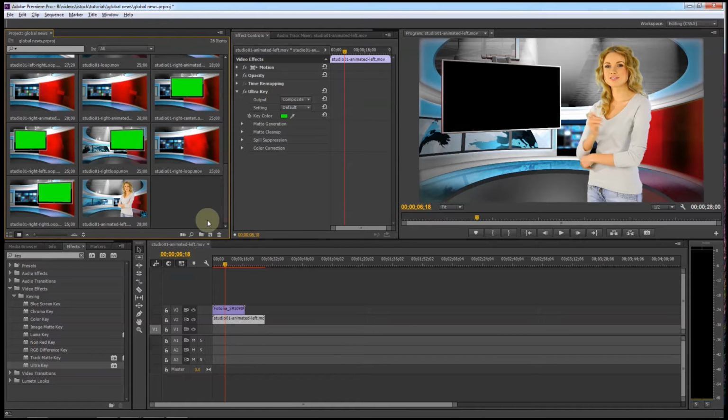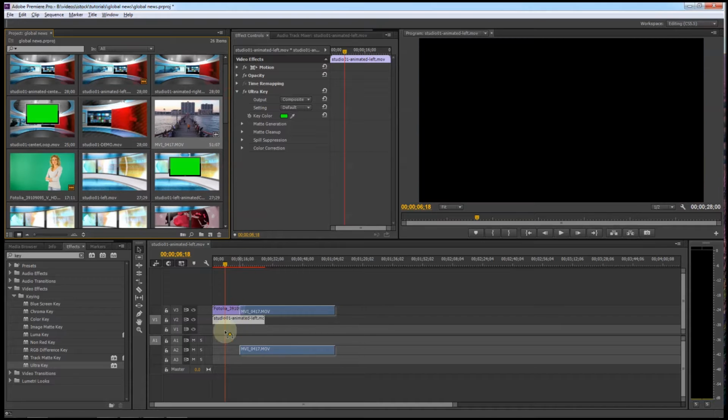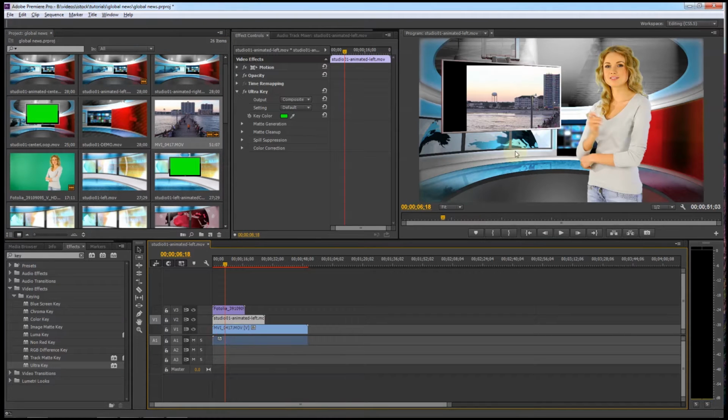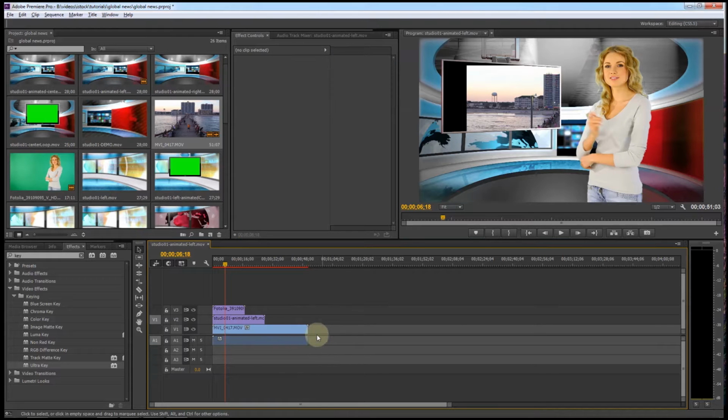There's nothing in that layer, so let me add the little piece of footage that we had and drag it, drop it down in there, and you can see now that it shows through on this monitor area right there. I'm going to right click and click unlink for this audio, unlink the audio and video, and delete the audio since we're not using it. So now you can see that we have our B-roll layer, the studio layer, and then our talent layer on